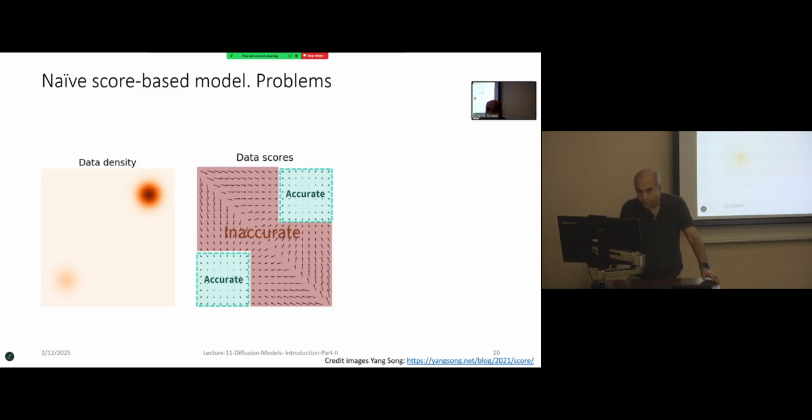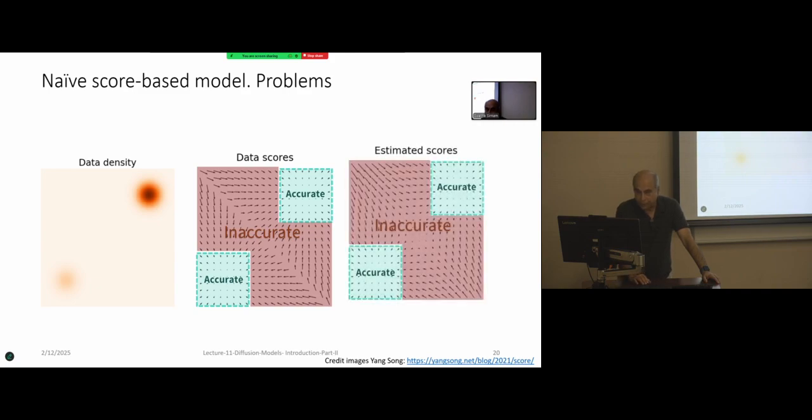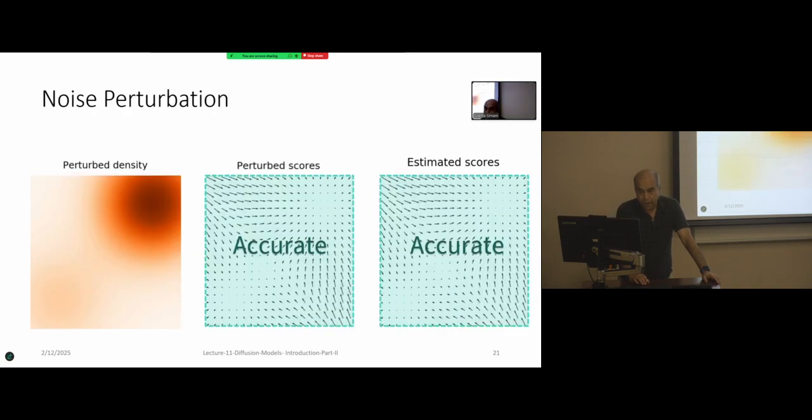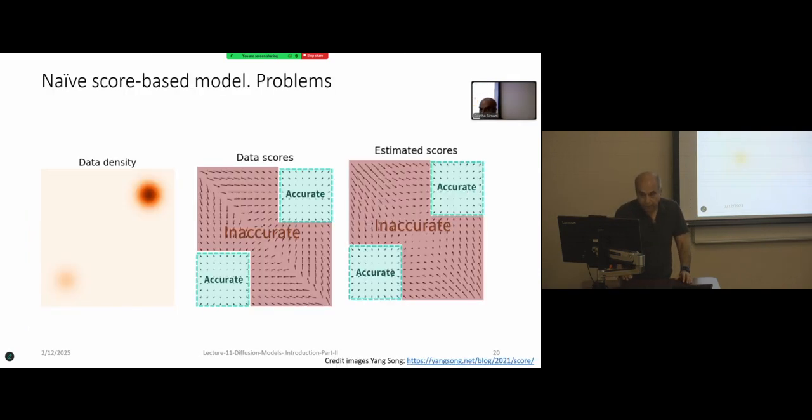So we can estimate the score function in the area where the data is accurate, but the other area in between will be inaccurate. We won't have the real score function, and the score function is the arrows. So what we are going to do is fill in those gaps, as you see, there's nothing between these two